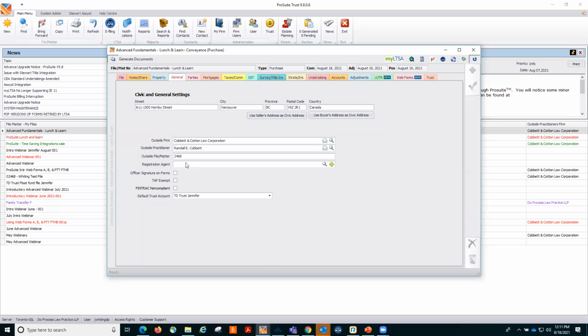I've entered in their outside file matter so that I can provide them back with documents that will have their outside file matter, just as a consideration to them. The registration agent: if you are having a third party register your packages, then you can certainly enter that in here. If you want the outside practitioner's officer signature on forms to come into those web forms, you can certainly click this off. Okay, so maybe if they're a sole practitioner and you know for sure that that practitioner will be signing up the clients, because if you do click this off, it is going to actually populate